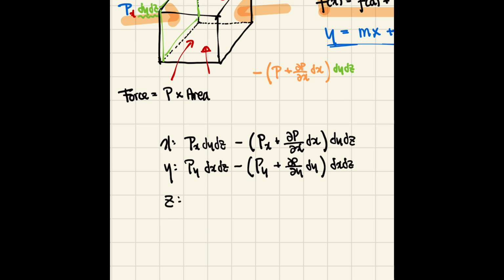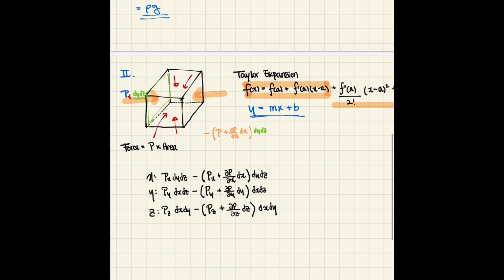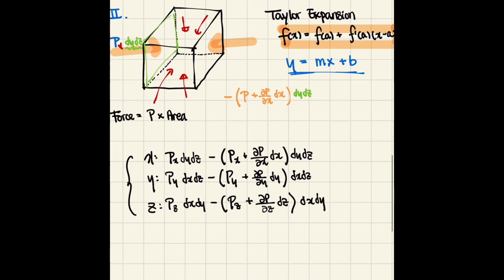For the z direction, it will be the pressure on the z side, this time dx dy minus... this is it. So when we have these summations, we know that since there is a negative sign for each